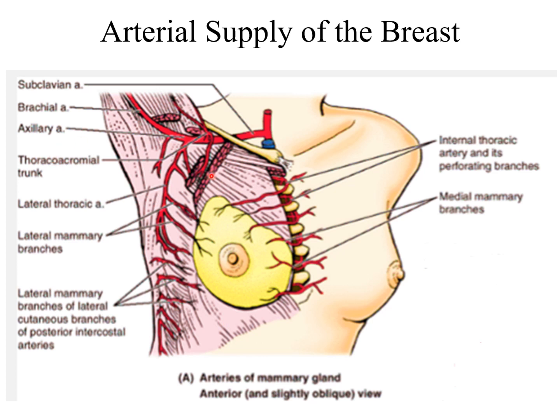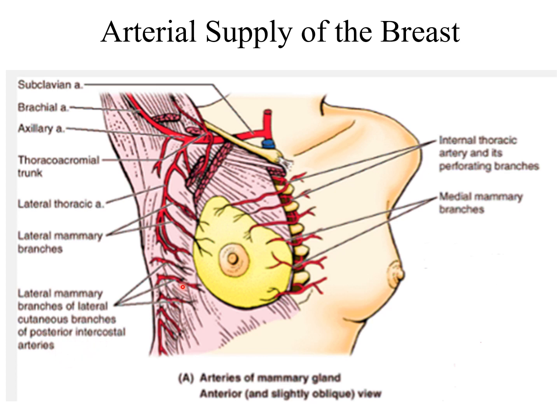Now this is our axillary artery, which is the main artery running in the axilla, and it gives a branch which is known as the thoracoacromial artery, as well as a big branch which is known as the lateral thoracic artery. So the major supply to the breast is coming from the lateral thoracic artery through the branches which are known as mammary branches. Along with that, some arteries from the branches which are the lateral cutaneous branches of the